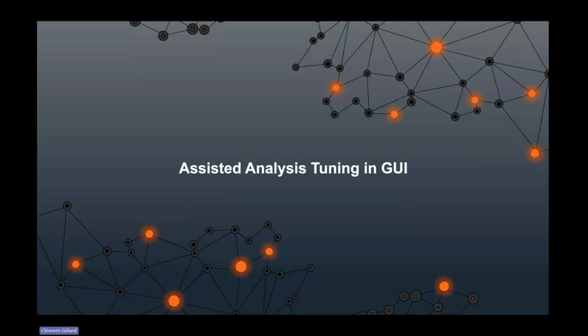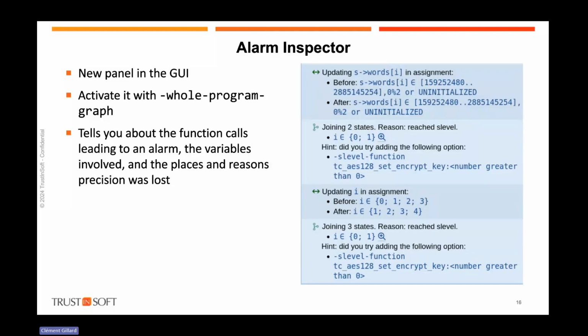Next feature: assisted analysis tuning in the GUI. You will notice right away when you start using version 1.47 that we have added a new panel in the GUI. By default, it's not activated. It's on the left, right under the summary, so you will see it immediately. You need to activate it with the option whole program graph, which you might already have been using if you were doing MCTC compliance. So you activate this whole program graph option, and now you have this additional